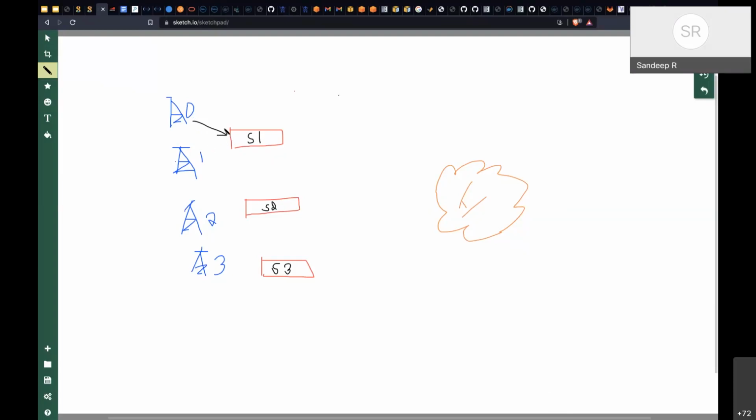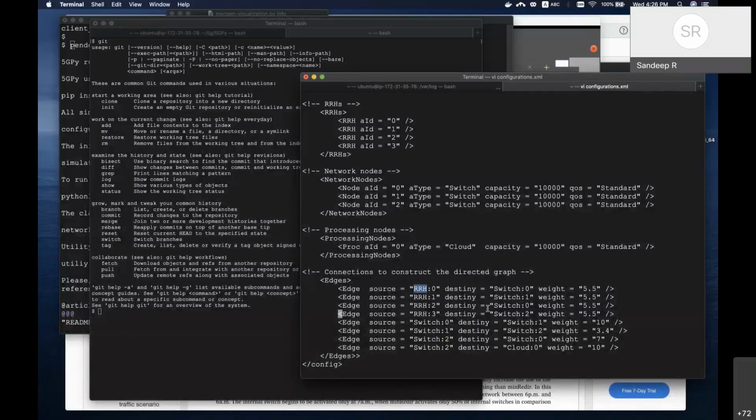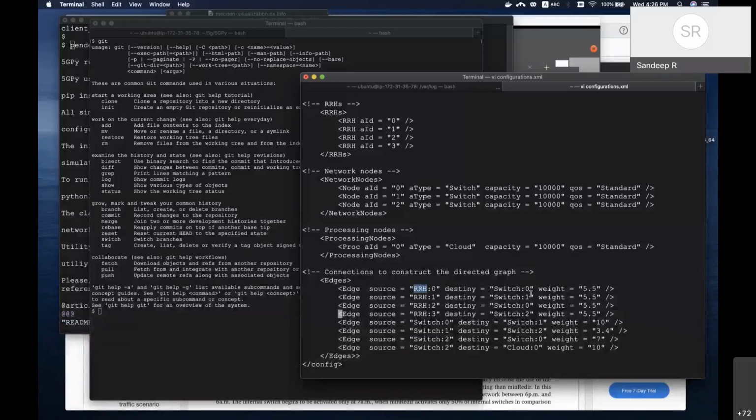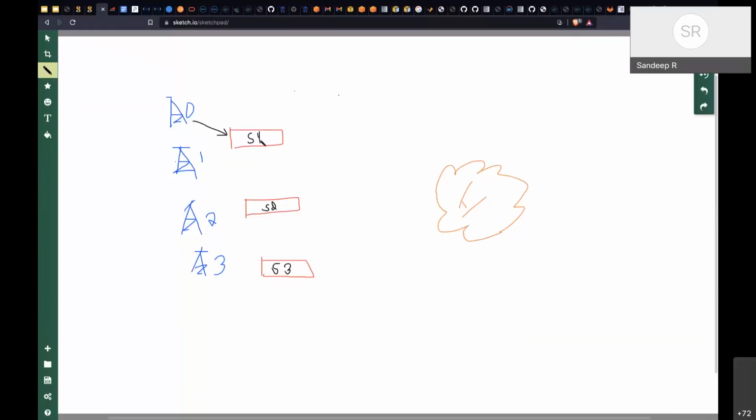So it's a directed graph, so I'll put an arrow. RRH1 is connected to switch 1. Okay, so not switch 1, I'm sorry. This is switch 0, 1, 2. So let's call this switch 0, and let's call this switch 1, and this switch 2. Okay, so hope this is okay.